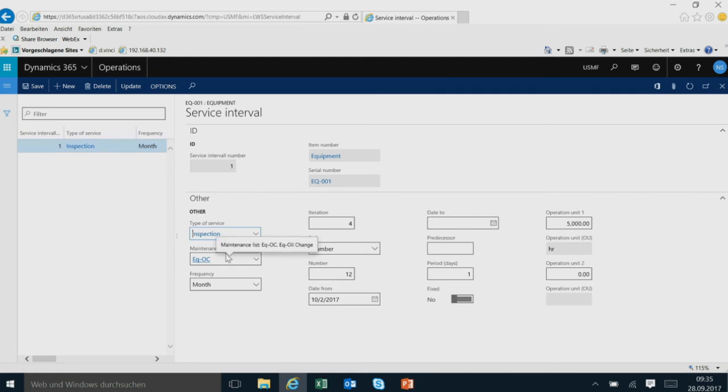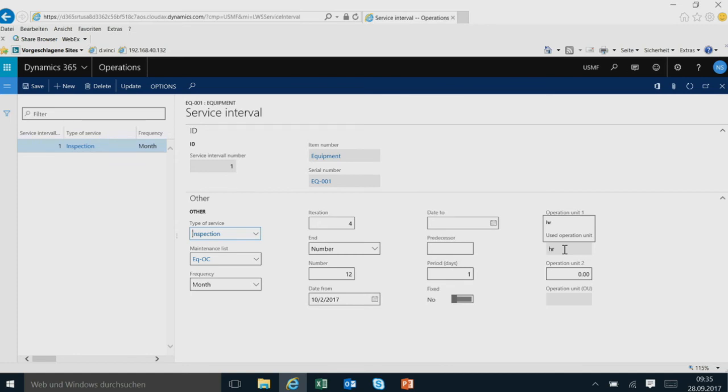So, for example, it would be an oil change. In the workshop order, in the actual repair or the service order, there should already be the oil filter, the oil, and the service time that you need to execute this kind of inspection. The frequency can be predefined. The iteration every 4 months, for example, in this case, such an inspection shall happen. Or if it's not time related, or if it's a combination, every 5,000 hours in this case, this kind of inspection, oil change, should happen. And whatever comes first